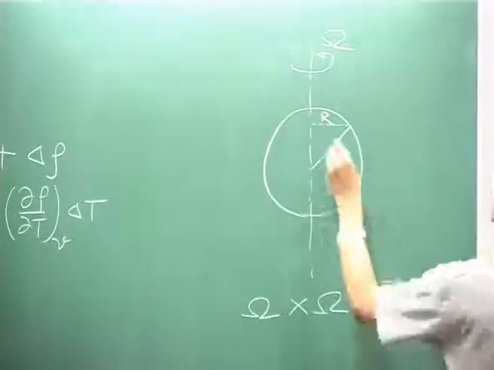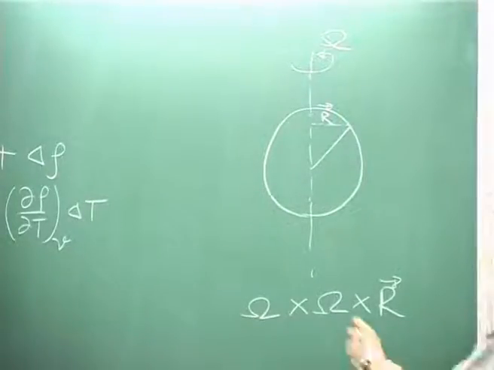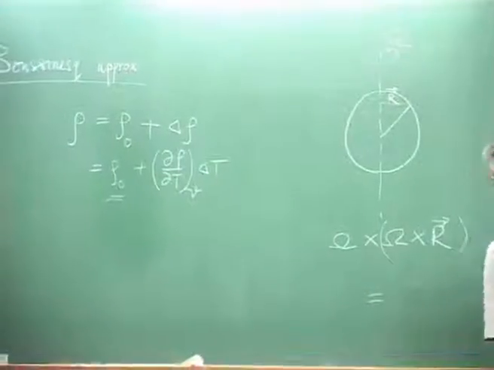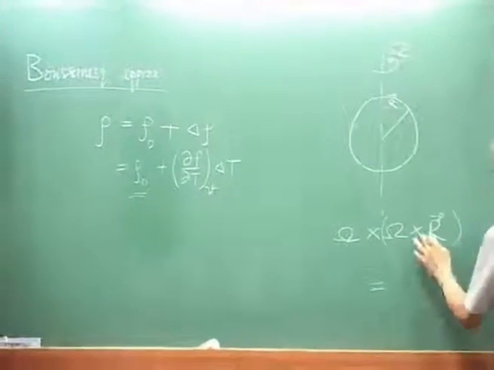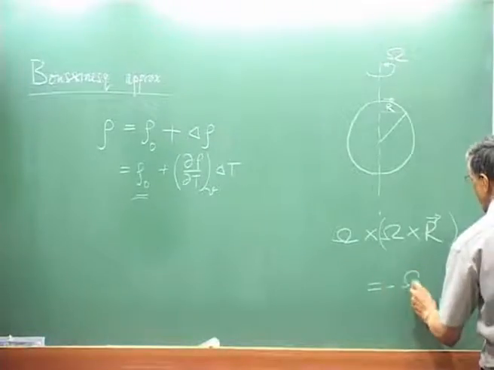If this is the R vector, that is the term that you have, and if you use some vector identity, you can show that this is going to be nothing but